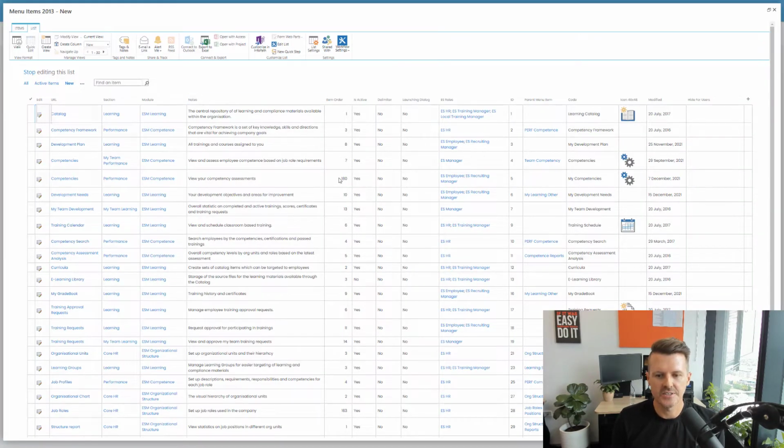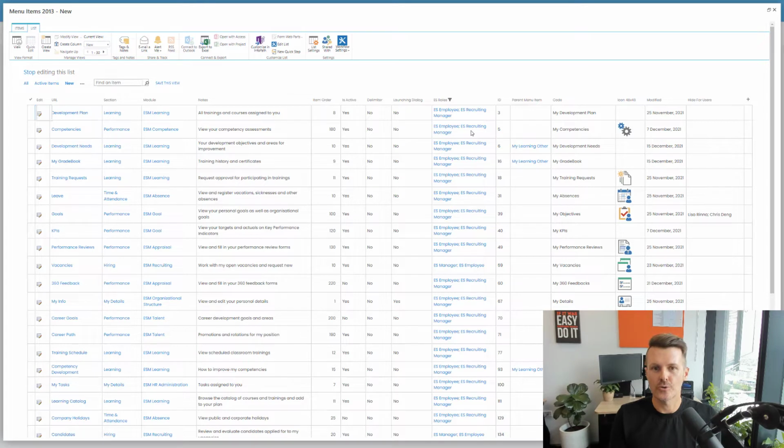So this is essentially like editing an online spreadsheet. Now, first and foremost, I need to find the item I'm looking for. So the best way to do that is to actually filter by role. So I'm looking for the employee menu. So if I just choose ES employee, the system used to be called Effective Staff many moons ago. So when you see ES, that's all it stands for. So now I've filtered. You can see I've got a filter up here